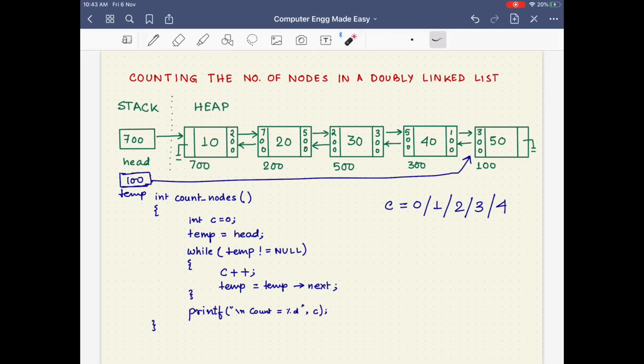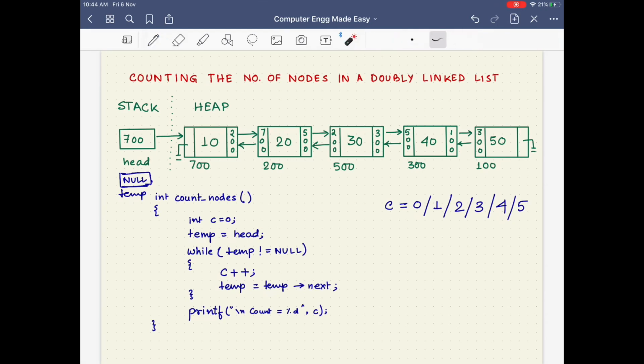Again we check, is temp not equal to null? We still find that the condition is true. So we execute C++. C now becomes equal to 5. Now we execute temp equals temp next. Now if we check what is there in the temp next part, it's null. That means temp will now hold the value null, indicating that this link no longer exists.